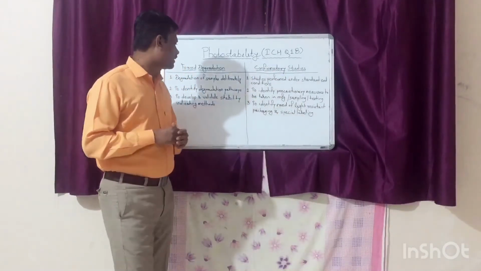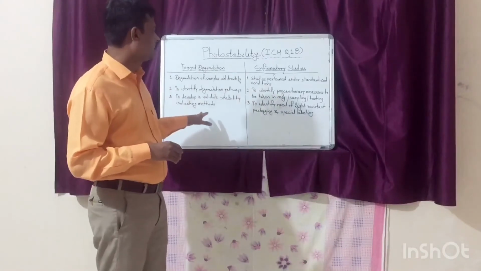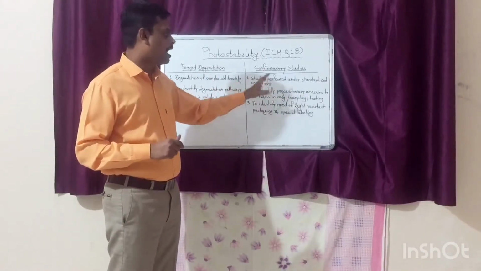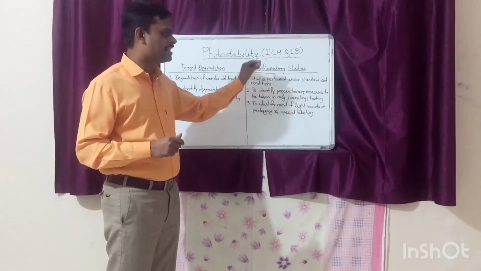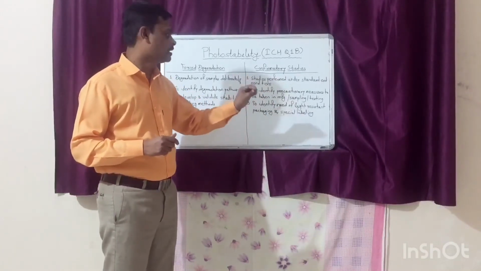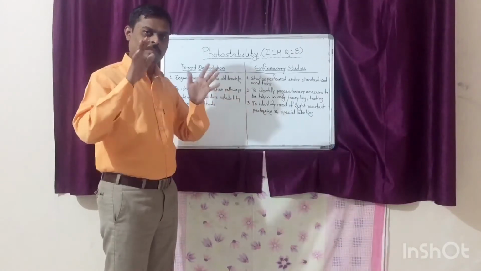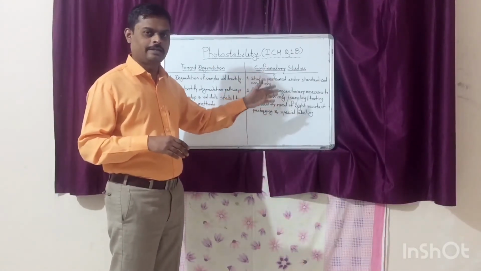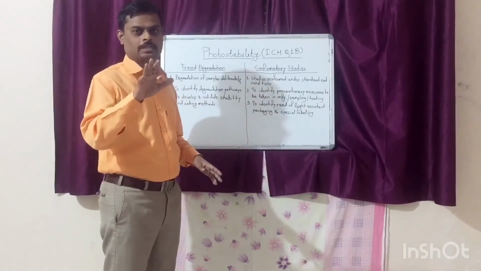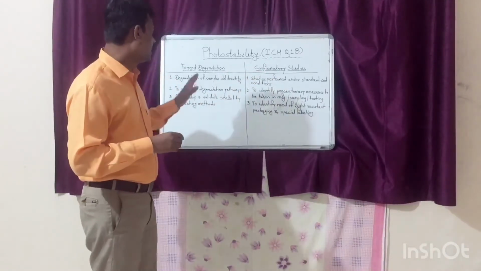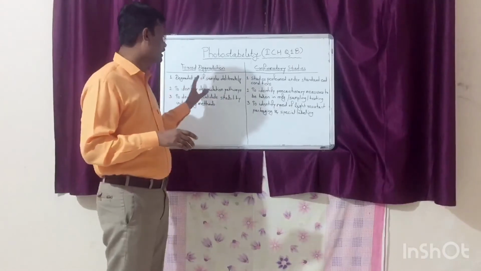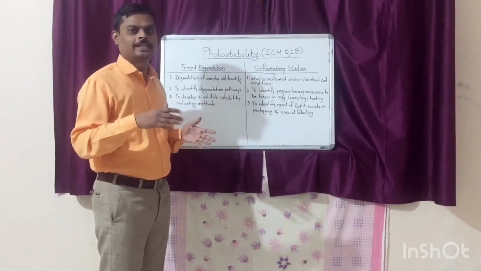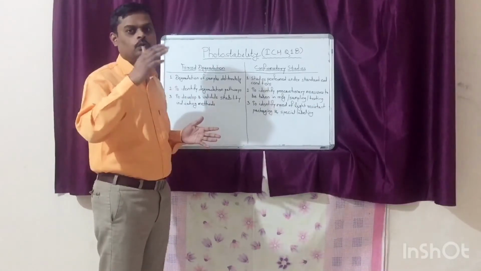So the basic difference between forced degradation study and confirmatory study is that confirmatory studies are to be conducted under standardized conditions. Standardized conditions means minimum illumination of 1.2 million lux hours and energy of 200 watt hours per square meter. Whereas for forced degradation study, the requirement is that you have to achieve degradation between 5 to 30%.